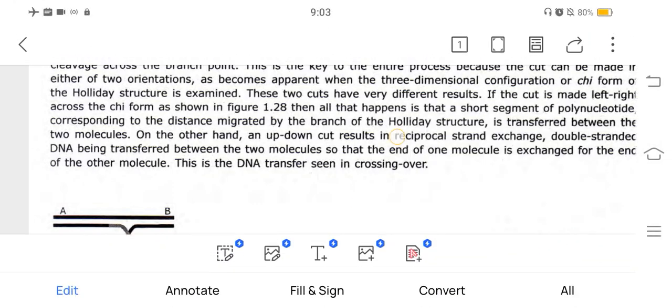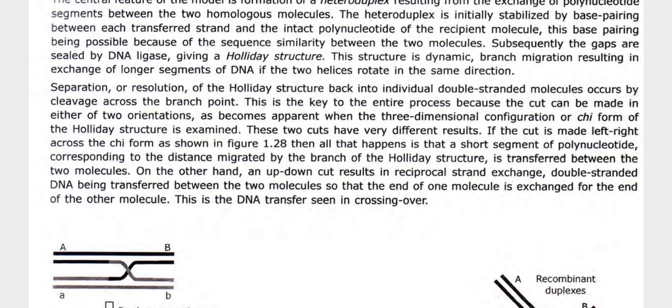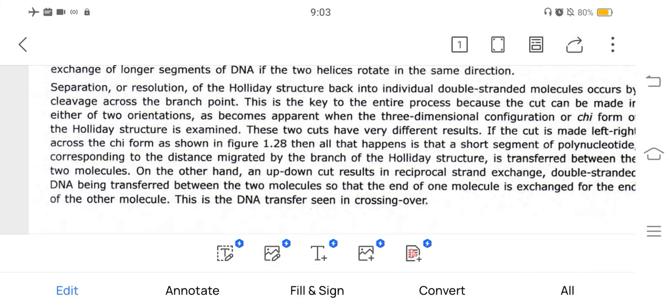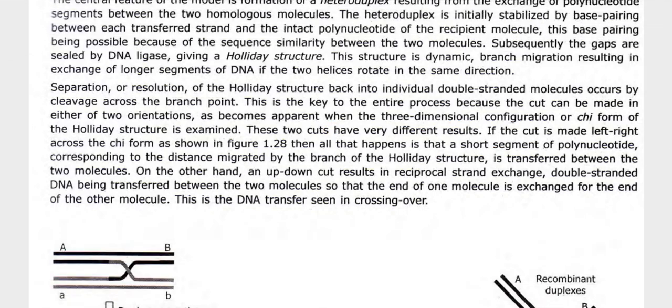Separation or resolution of the Holliday structure back into individual double-stranded molecules occurs by cleavage across the branch point. This is the key to the entire process because the cut can be made in either of two orientations, as becomes apparent when the three-dimensional configuration, or chi form, of the Holliday structure is examined. These two cuts give very different results. If the cut is made left-right across the chi form,